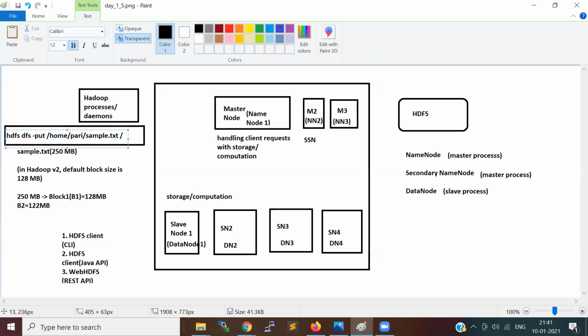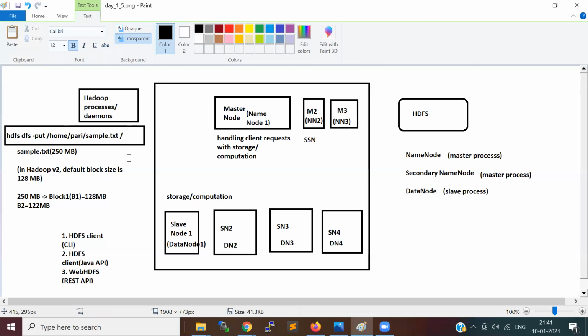A slash means basically the root folder in HDFS. For now I'll just give that because I did not tell you how to create a folder. A folder is almost the same as mkdir, but we'll use hdfs dfs -mkdir, then you can give the directory so that the directory will be created in HDFS. So now we are going to place this sample.txt in the HDFS root directory.